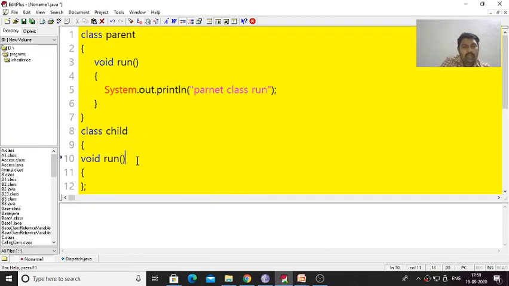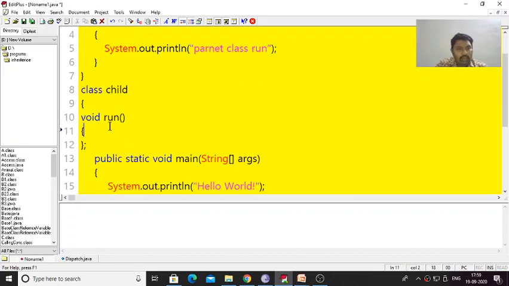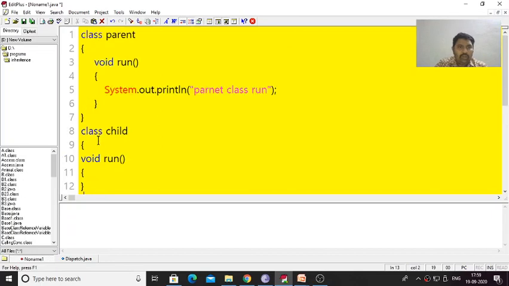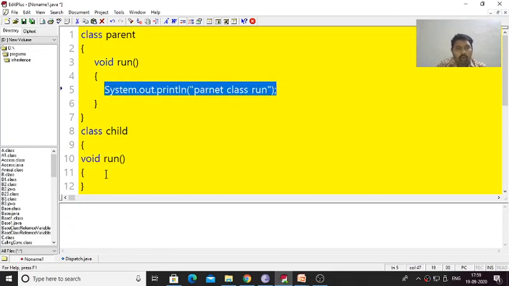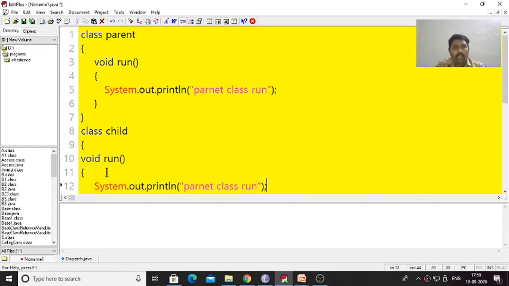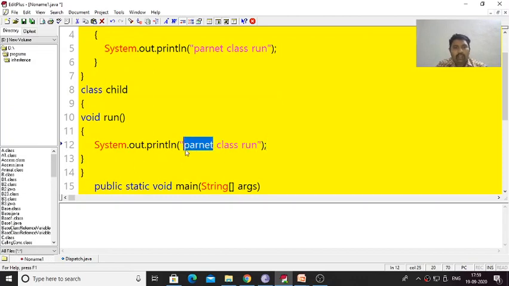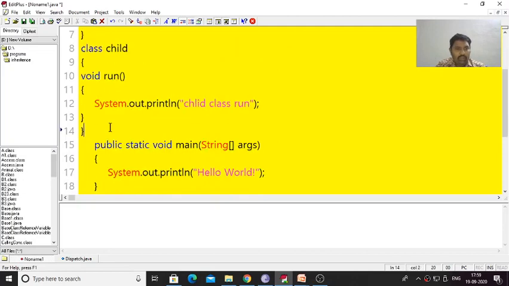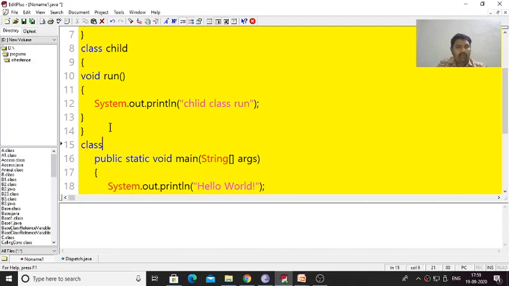We are using the same method: here also the method is void run, and there also it is the run method. What we are doing here is changing the body of that method. Here I am providing "child class run".